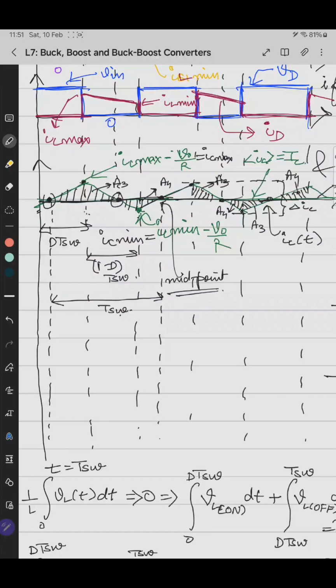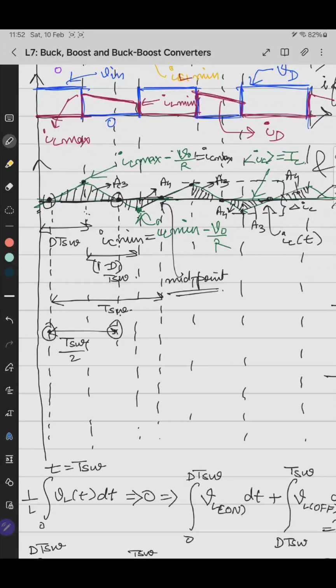In this switching period, this waveform's midpoint will be exactly T switching by 2. So from the symmetry we get to know that this point to this point is T switching by 2,